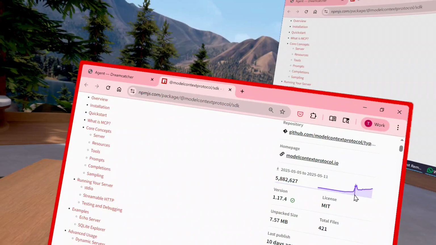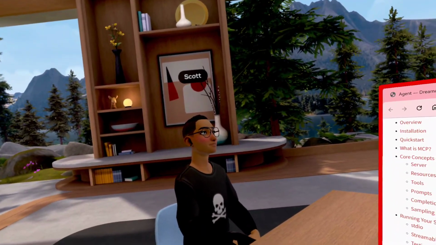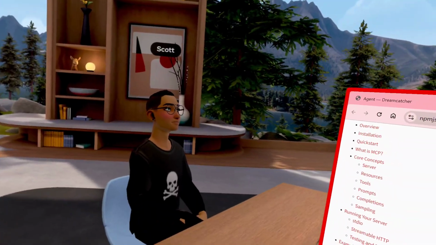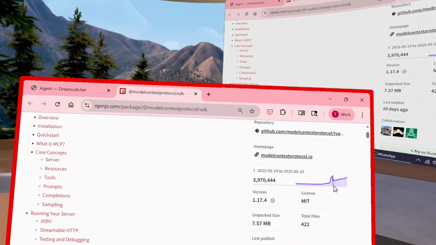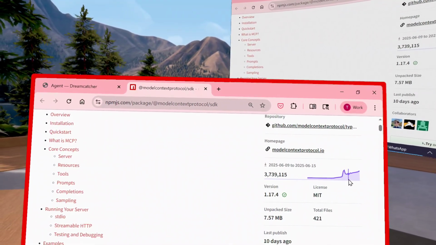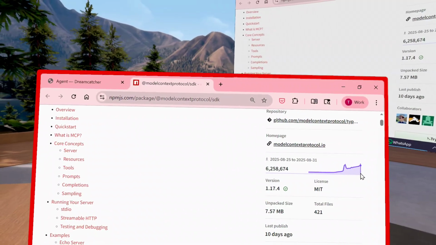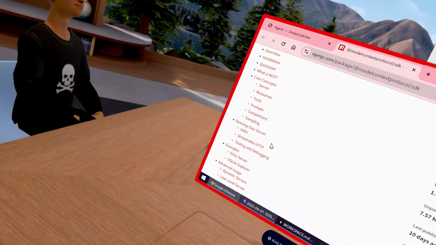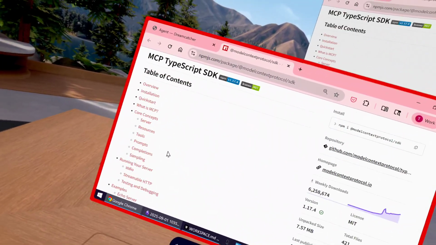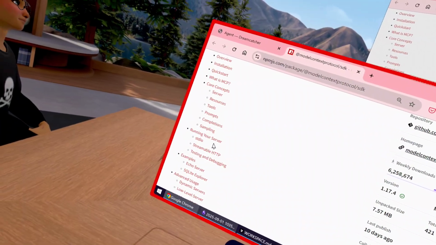I think Claude released built-in being able to connect MCP up to the desktop agent. I'm not sure. And then the latest version was this date, June, and now here we are, 6.2 million. Wow. I mean, MCP is kicking off, but I gotta say, we had this MCP host concept.